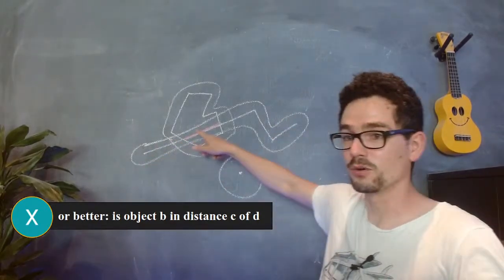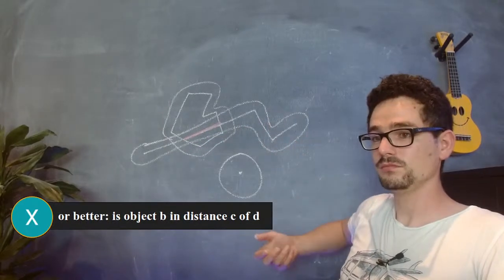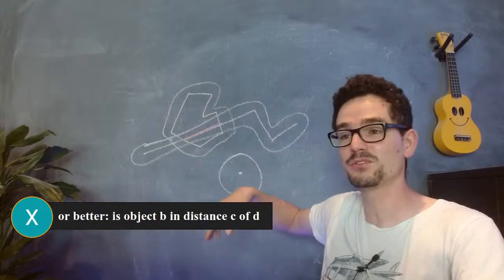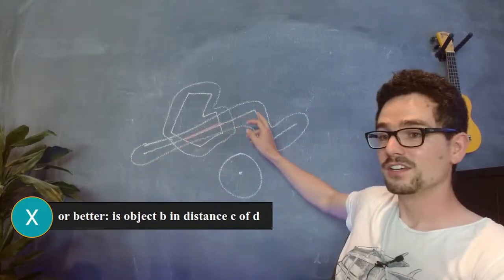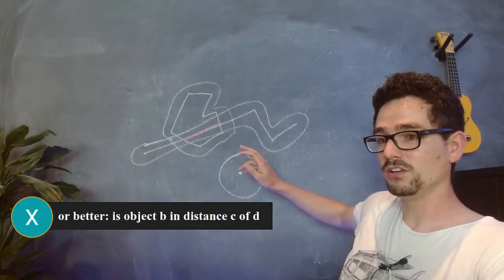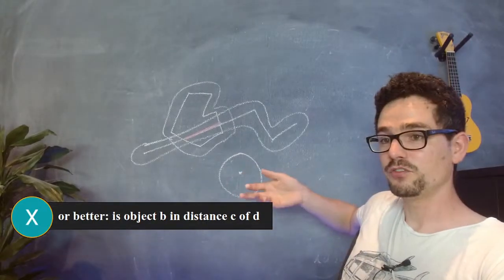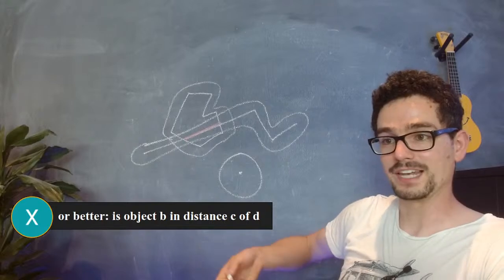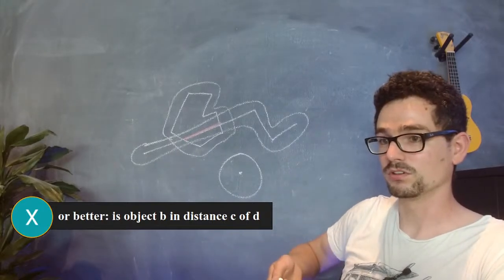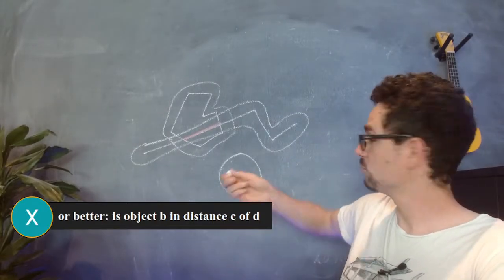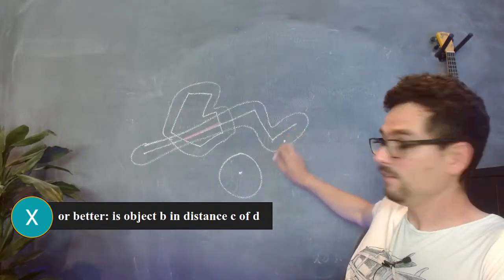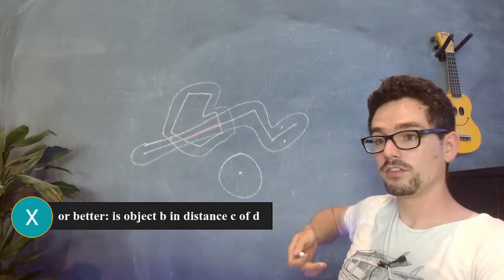The train goes from here to here, or a highway for cars. Doesn't matter. A street or some transport. And I want to find all customers which live 50 kilometers or closer to that line, to that track, to that street, whatever it is. So I compute a buffer, and then I check with the